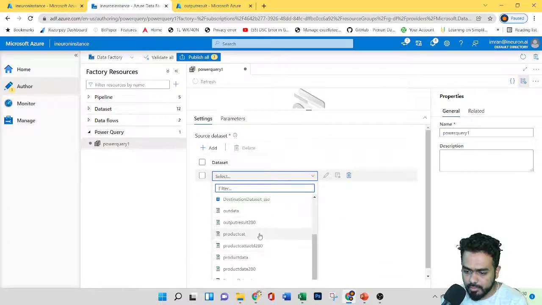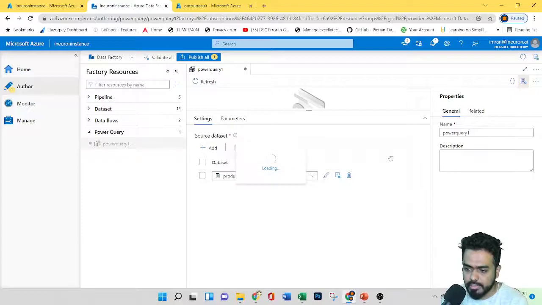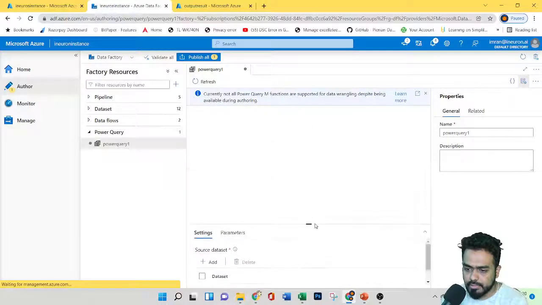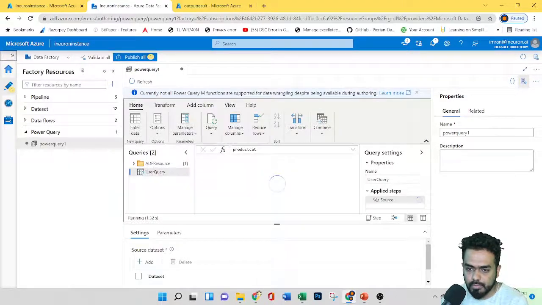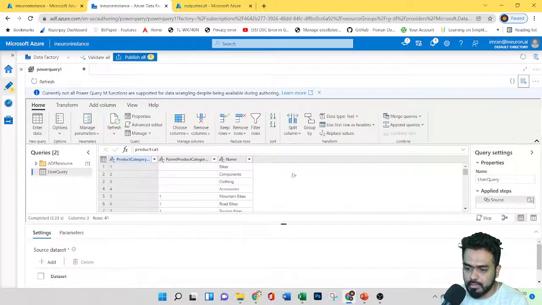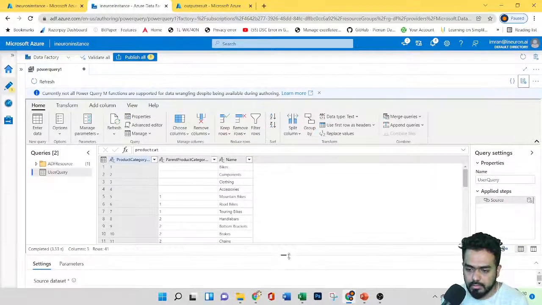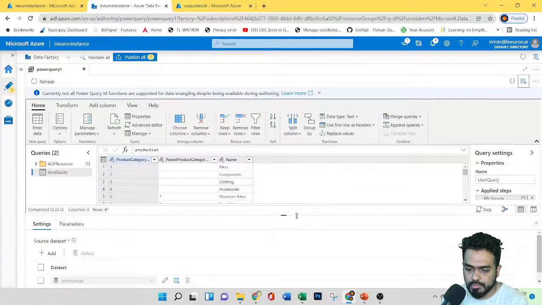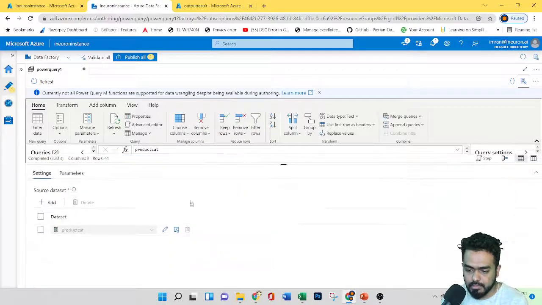So let's give product category itself. As soon as you give product category, it's loading. Let's make everything small. This is too small. So we'll take another, not product category.